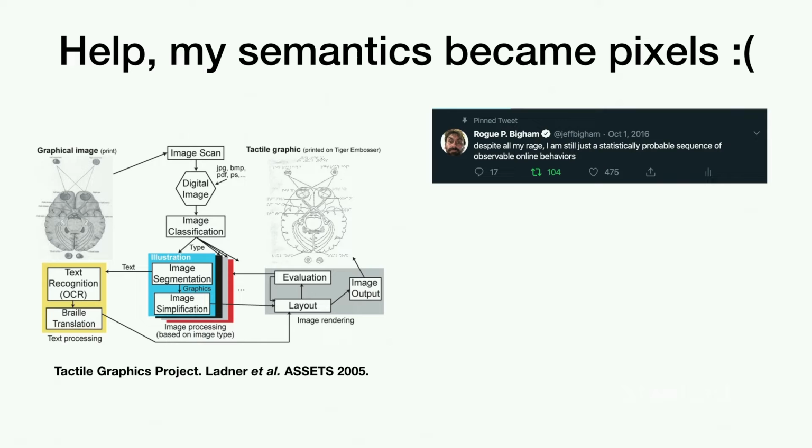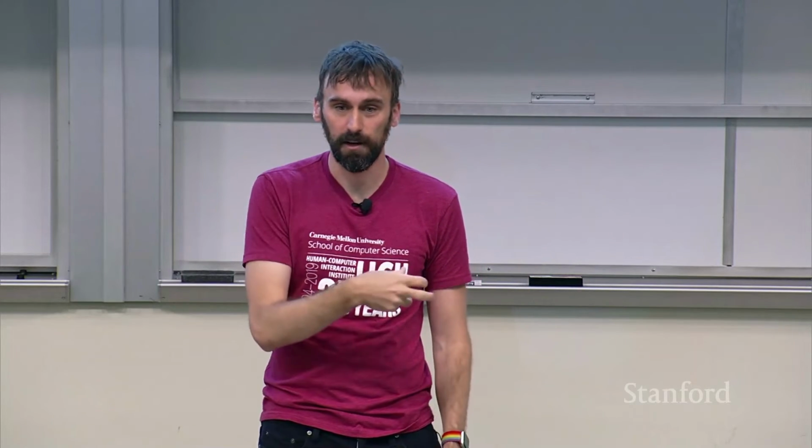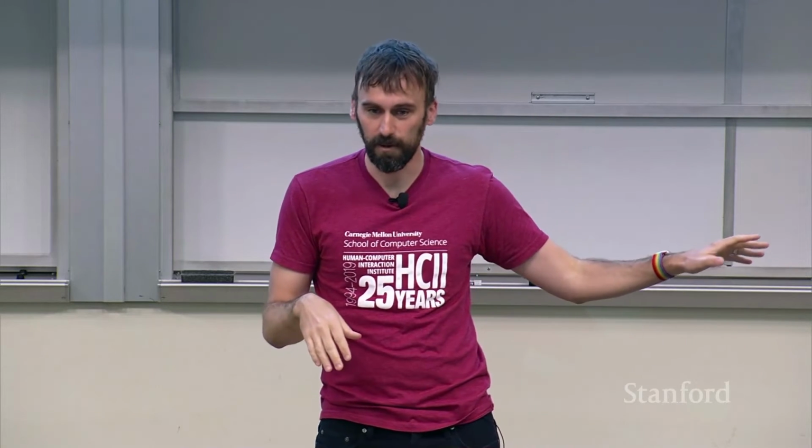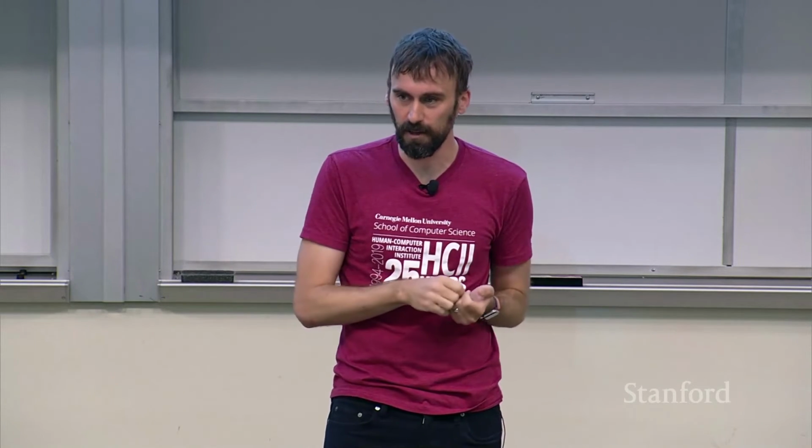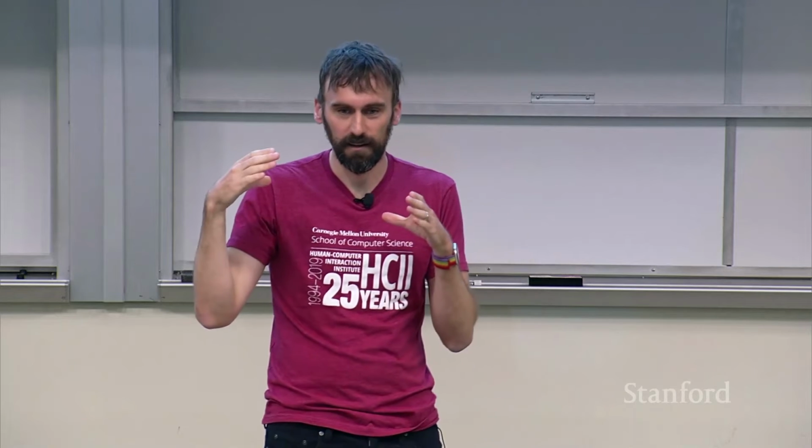people will take screenshots of tweets and share them on Twitter. People will always like reading news articles and they'll take a screenshot of that. Or maybe you want to take a screenshot of some part of the user interface so that you can help somebody use it. Again, you've now taken something that, because of all this rich work in creating that underlying structured representation of the user interface, is sort of accessible, or at least convertible to something accessible, and now you've captured it in a way that's just pixels. And then you've reshared it, making it not accessible anymore.